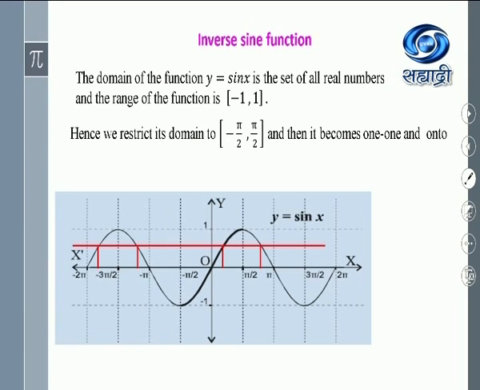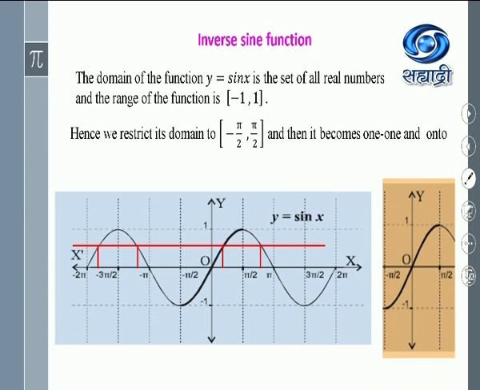And if you consider the horizontal line test, that horizontal line we move from -1 to +1, then that line cuts this branch in only one point every time. Therefore, the function becomes one-one. Clear? So, with the horizontal line test, we can confirm whether the function is many-one or one-one.